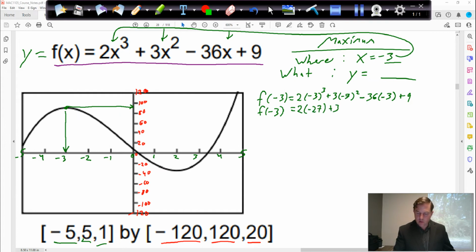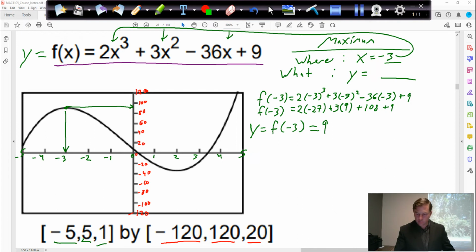We also learned that minus numbers to even powers, the minus will go away. So this will just be 3 squared, which is 9. These two minuses will cancel, so you get plus 108, plus 9. And you can double negative 27 and add it to positive 27. And if you do all this, you will get the y value when x is 3 of the function is